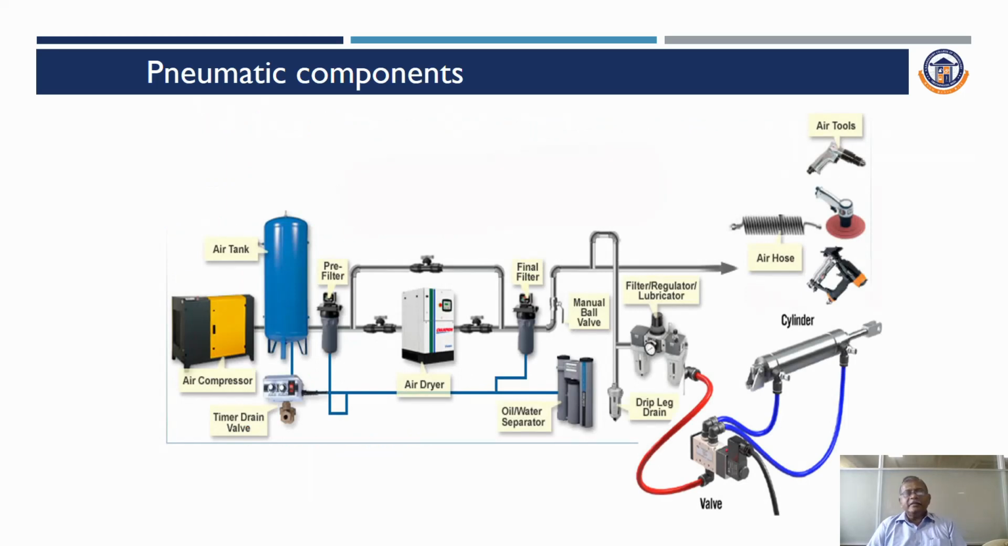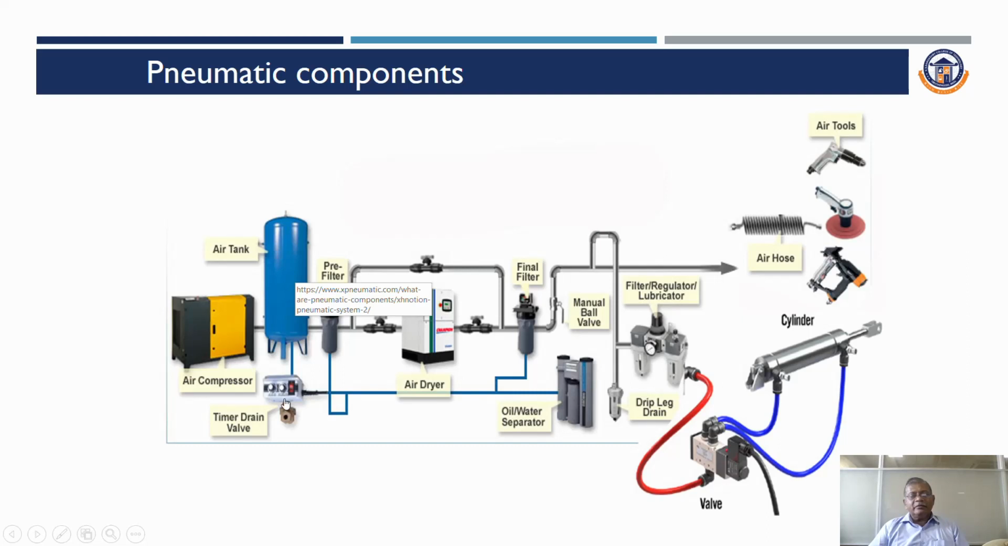So you can see the setup of pneumatic components, basic pneumatic components. First you have an air compressor which compresses the air taken from the atmosphere. Then it is sent to this air tank or air receiver. There you can find this drain valve. So if any water is collected at the bottom, when the air is cooled, any moisture